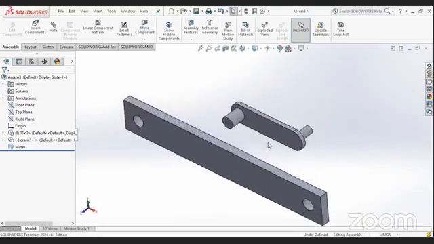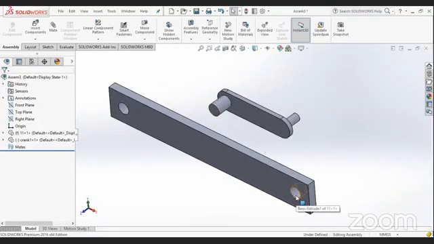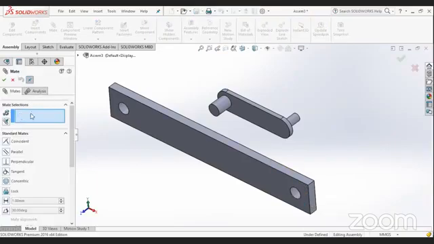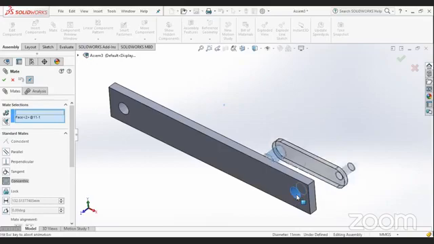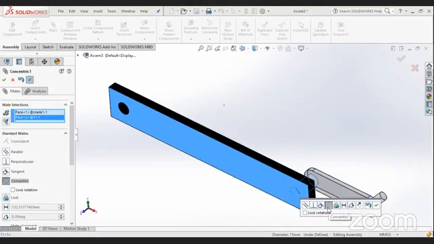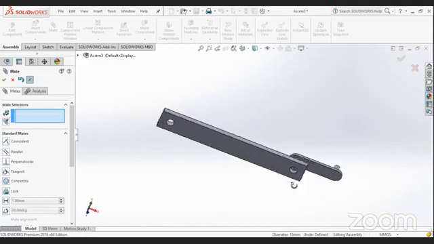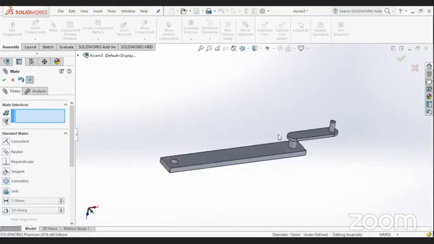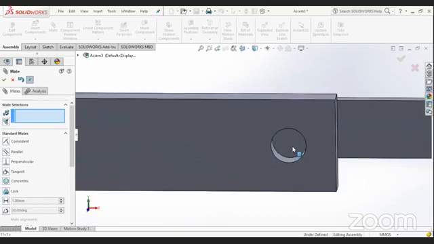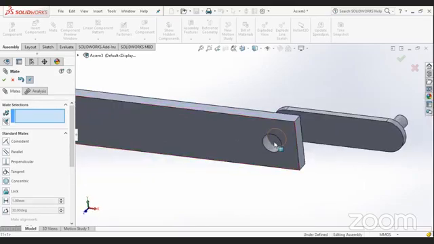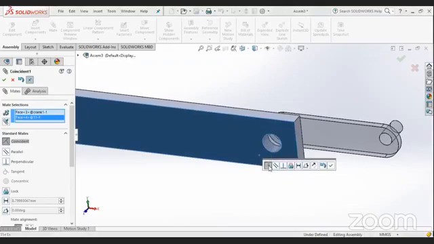Okay, so what we have to do is this circle should get inserted over this. So by using the mate command, which is nothing but a geometrical constraint, I select the circular face of the shaft and the circular face of the hole. Automatically what it has done is concentric. Now the next thing we have to do is make this face coincident with this face. You can also change the distance. What I'm doing is simplifying this step: I just select the two surfaces and automatically it will do coincidence. You can also give the distance if you want.